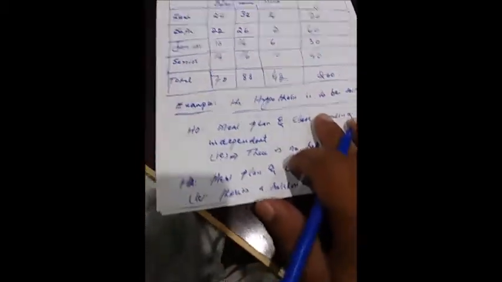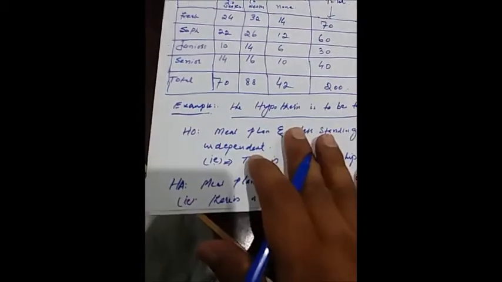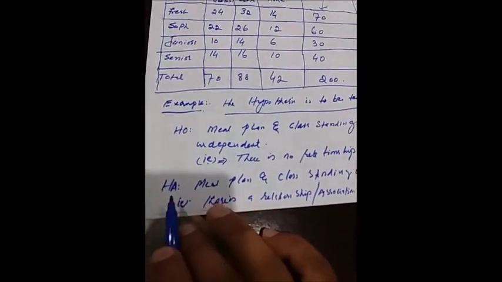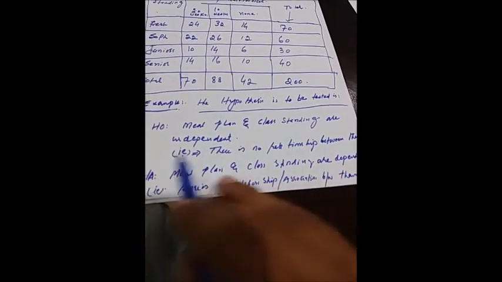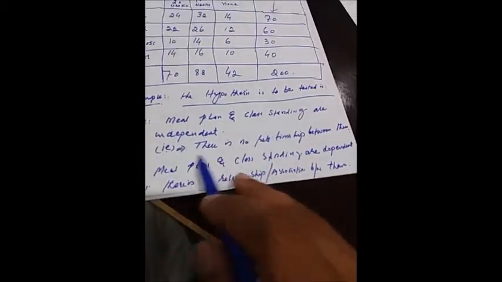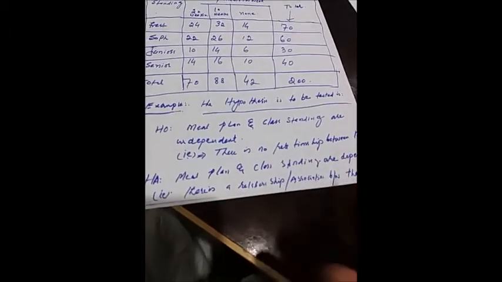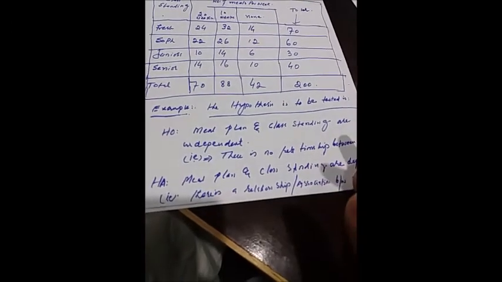So for resolving the issue, we test two hypotheses. One is the null hypothesis and the other is the alternative hypothesis. The null hypothesis says that meal plan and class standing are independent. It means there is no relationship between them. These are free, these are independent. Whereas